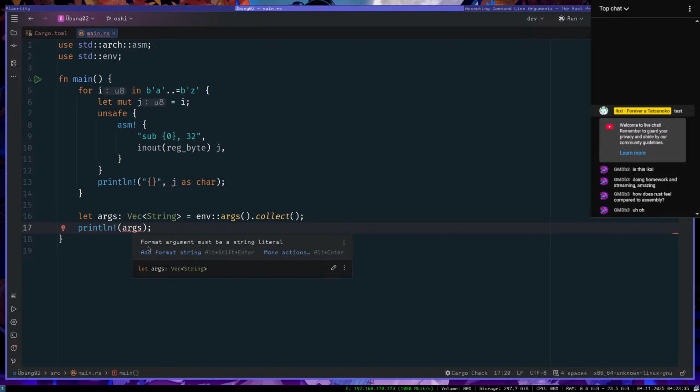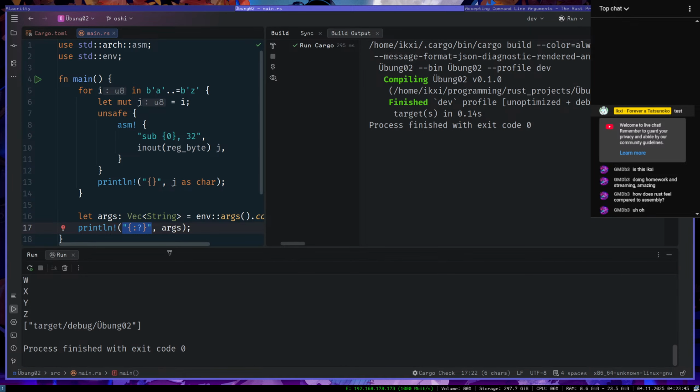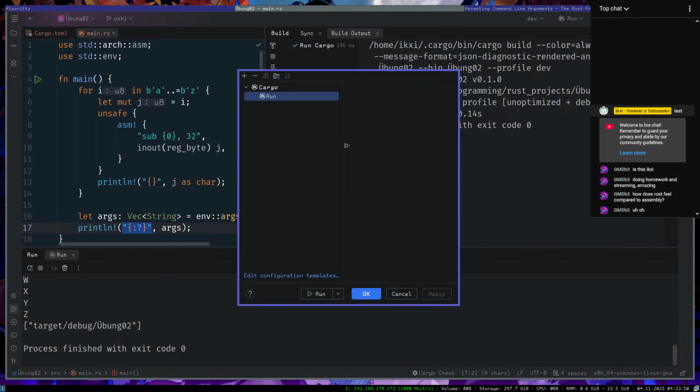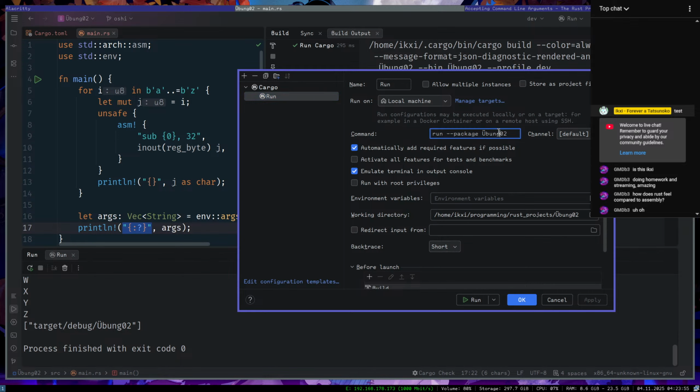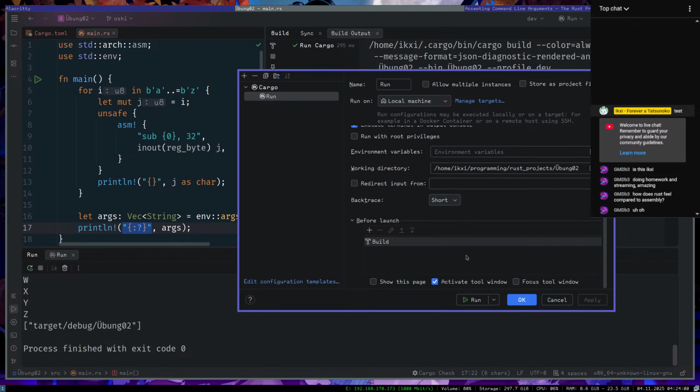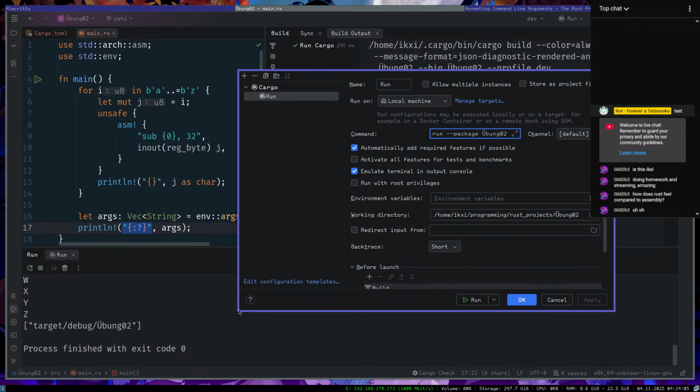So what doesn't like it? Like, why? Okay, edit config. To... Where can I add my... How can I add my command line arguments with this?